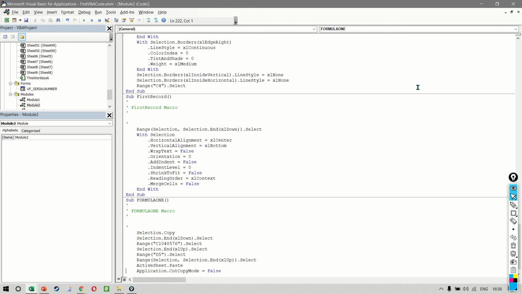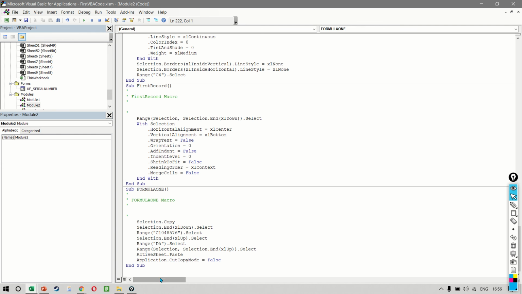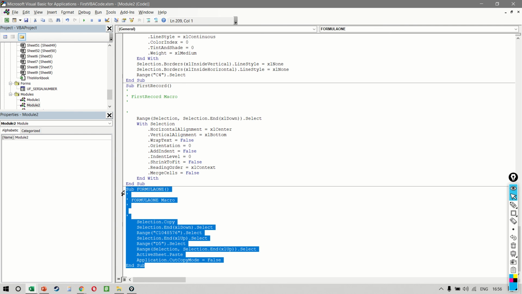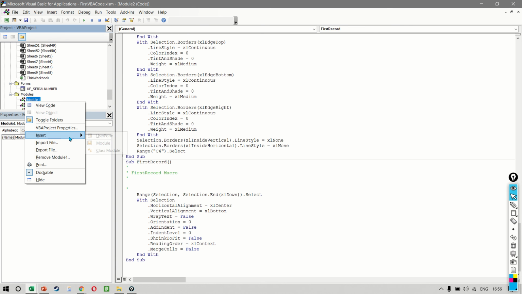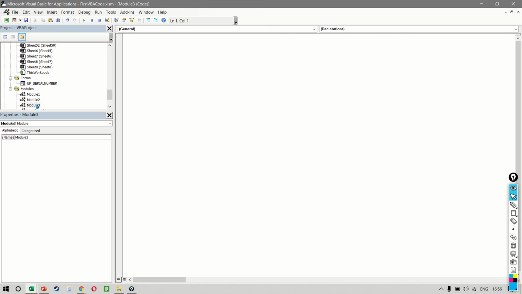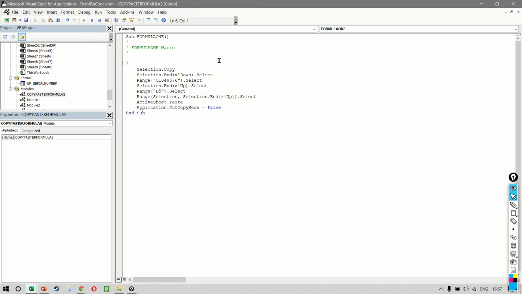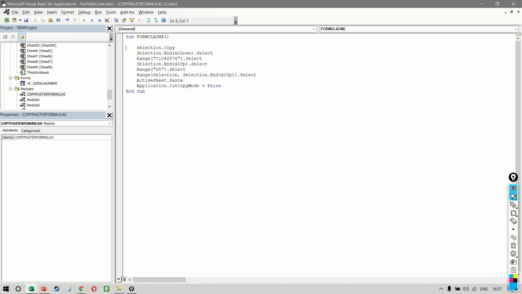If we go back to the code, let me just copy and paste this in a new module so that there's no confusion. So I'll call this new module copy paste formulas. Now everyone, just look at this carefully. What have we done here?